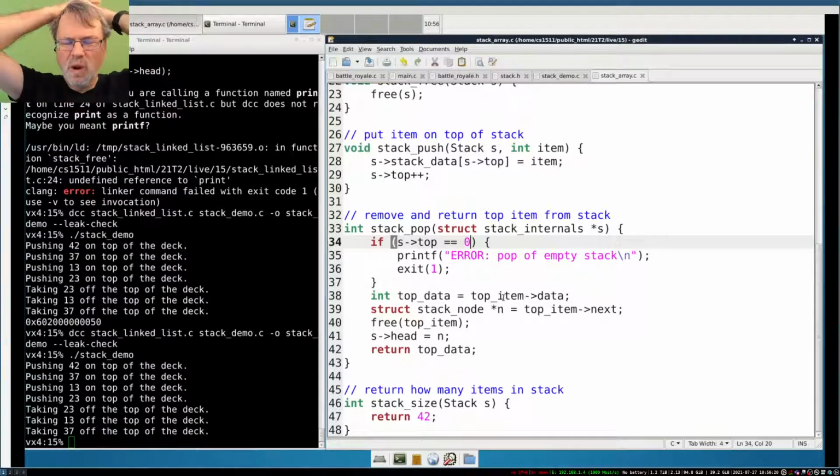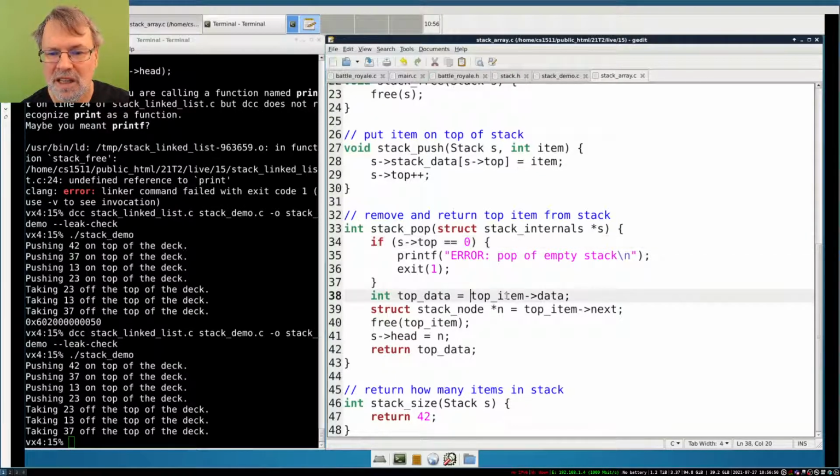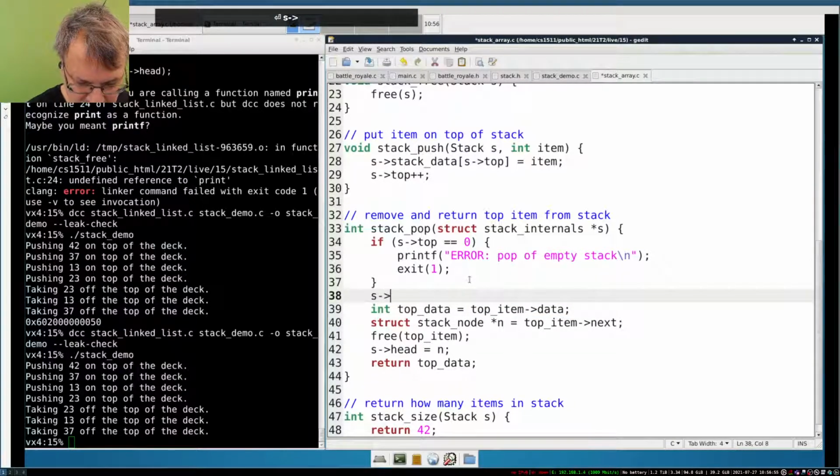Or you might quickly use a simple data structure to mock things up, which is not going to work on your database of 100 million users. But you might use a simple data structure behind the ADT. Get things working, and then put a more powerful data structure behind it that can cope efficiently with 100 million users. So we've got to check if there's nothing in the stack. Do the same thing again. If there's no items in the stack. Otherwise, then we shrink one,